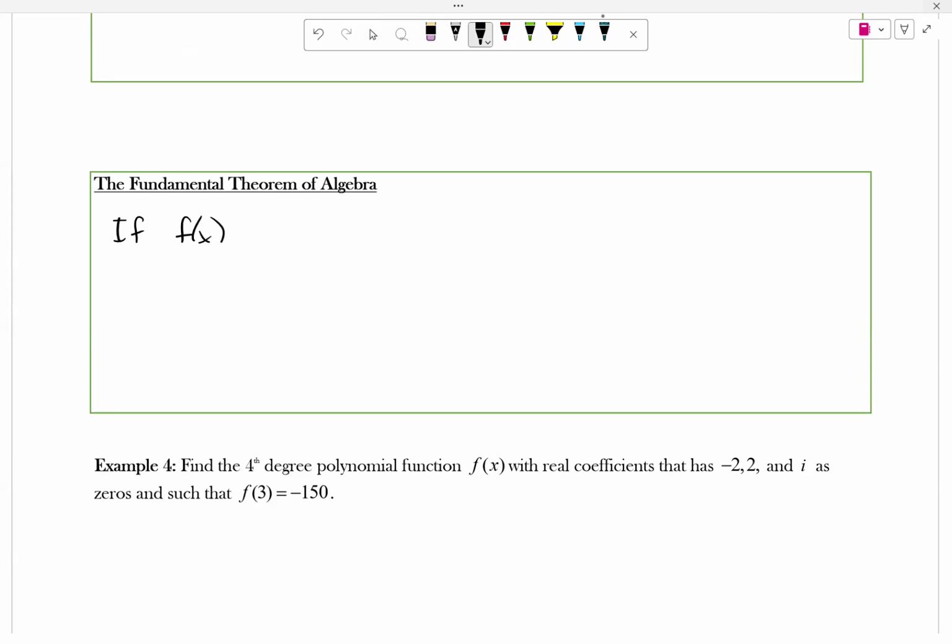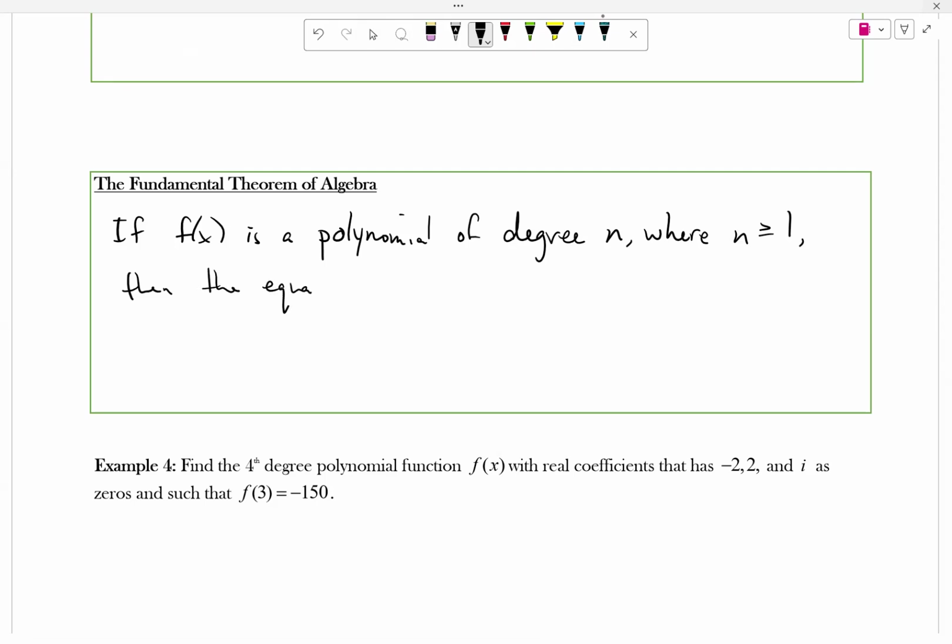If f of x is a polynomial of degree n, where n is greater than or equal to 1, then the equation f of x equals 0, which means we're saying that polynomial is equal to 0, has at least one complex